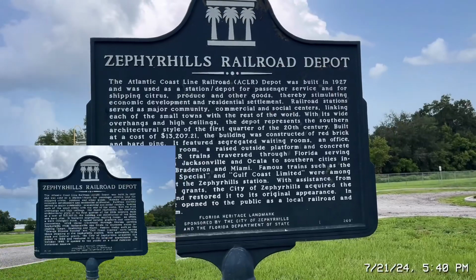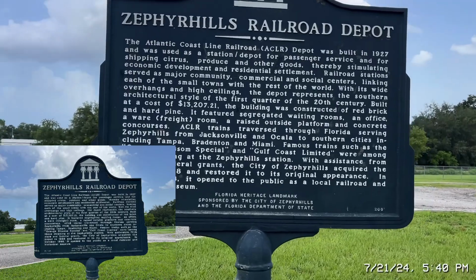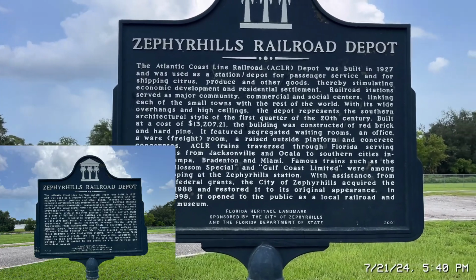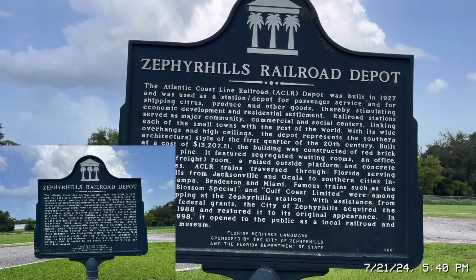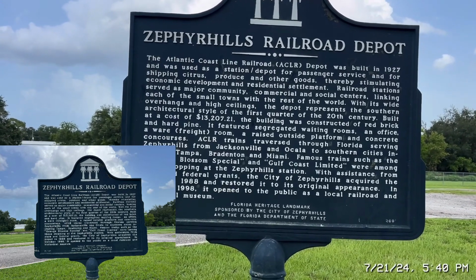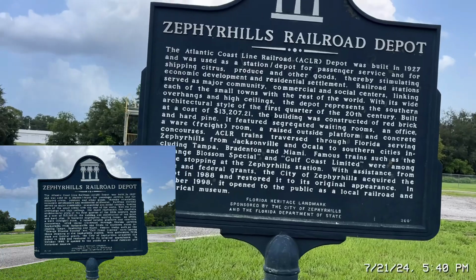So, the Atlantic Coastline, or the ACLR, depot was built in 1927, was used as a station for passenger service and shipping citrus, which is like oranges, fruits, and other goods, thereby stimulating economic development and residential settlement. Railroad stations served as major community, commercial, and social centers, linking each of the small towns with the rest